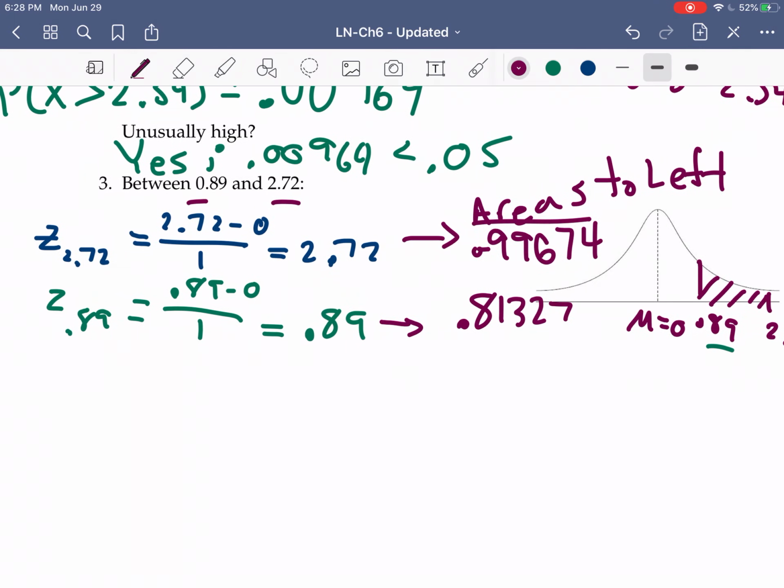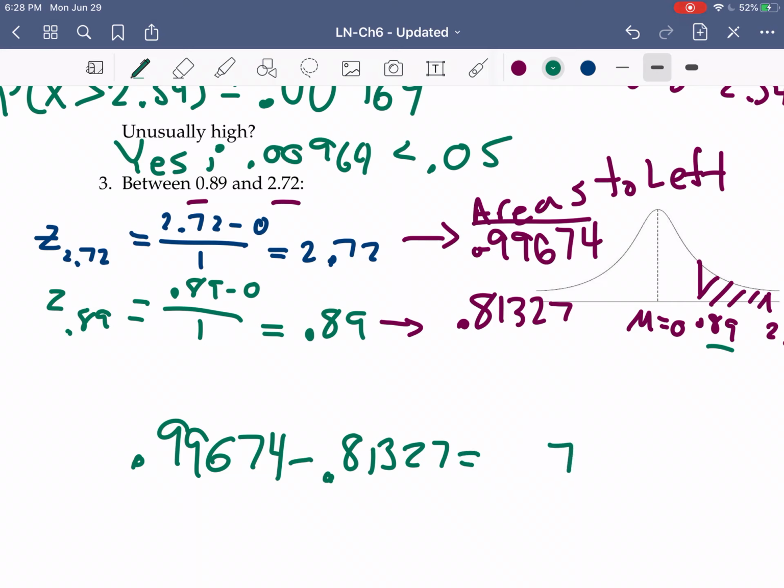With these two areas, we are now just going to take the difference between them. 0.99674, take the larger one, subtract from it the smaller one. If you take that difference, we are going to get